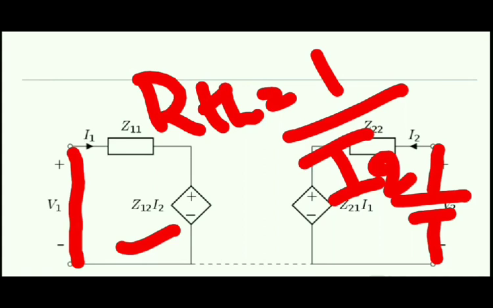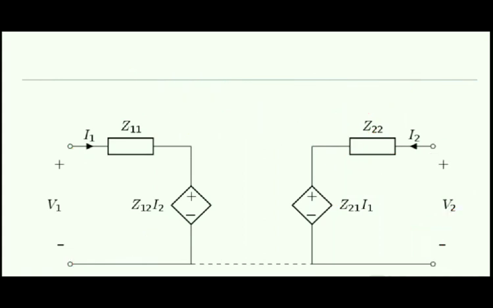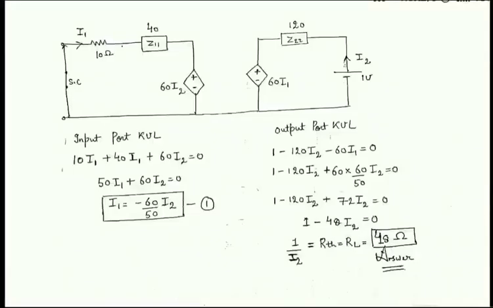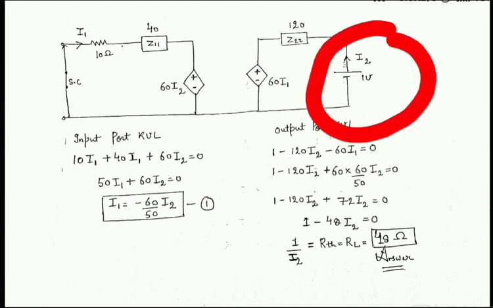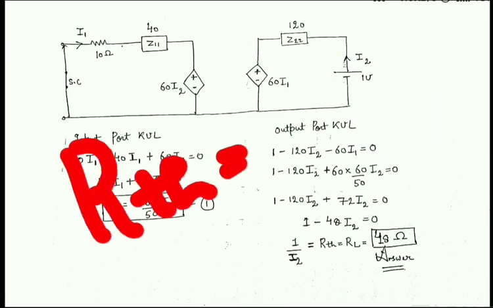So let's see the procedure to solve the value of R Thevenin. So here is the calculation part. You just see I just short circuited this individual voltage source, and I have placed 1 volt battery over here. So R Thevenin equals V Thevenin